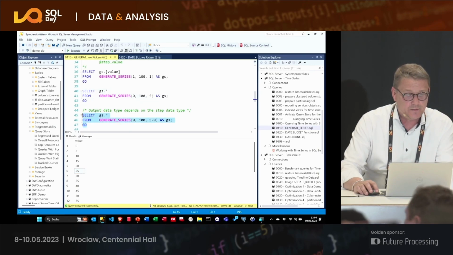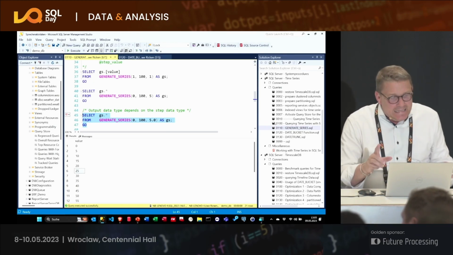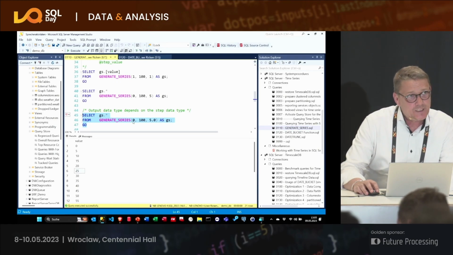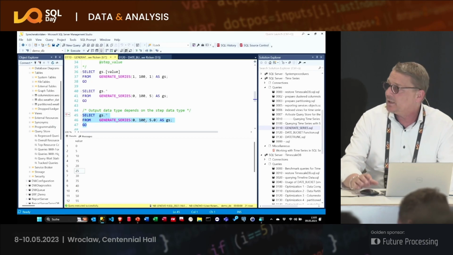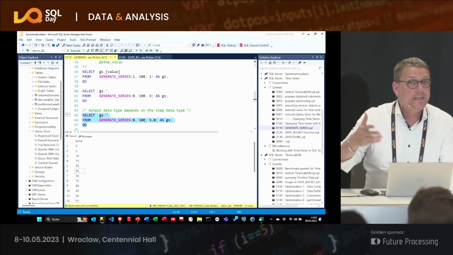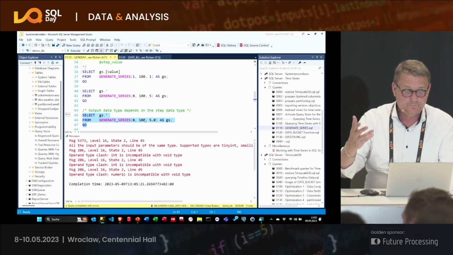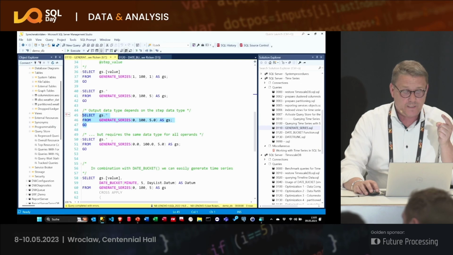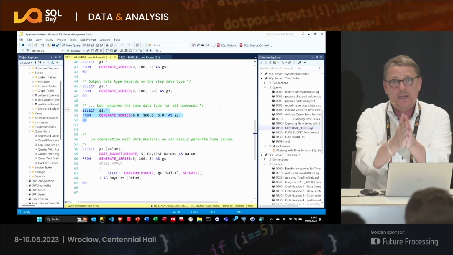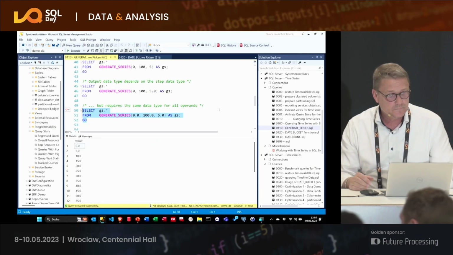And now see this query. Do you think that will work? The good thing, nobody here has a computer to test it. Make it short, it will not work. The reason is the data types, you get a clash of data types because 0 and 100 are small integers, and we want to have a step which is a numeric value, a decimal. And this is an operand clash, so that will not work. If you want to do that, you must make sure that all of the data, the start, the end, and the step, are from the same data type. Then it works.